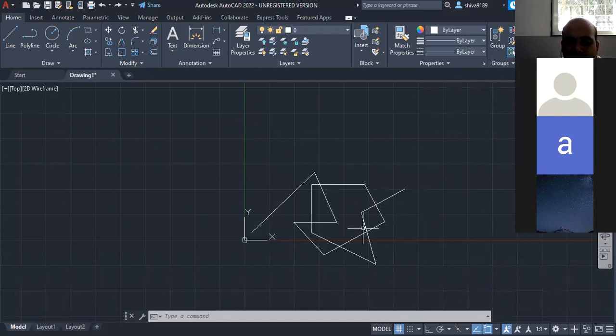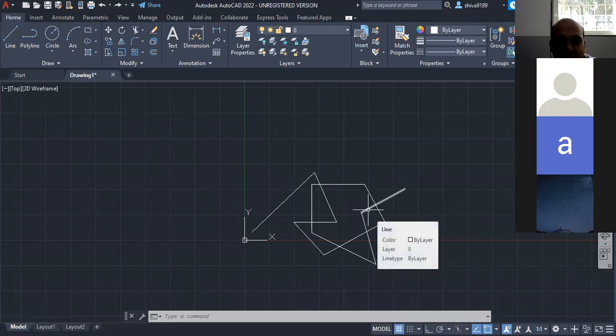Okay. So now coming to the next: suppose I don't want to delete this complete line, but I have to delete only this much part. सिर्फ इतना part delete करना है. ये जो इधर अंदर का part है, this much part I have to delete. I have to keep this part, but delete this part. So ये कैसे करेंगे? देखते हैं.